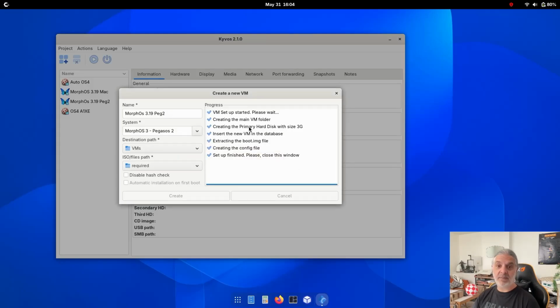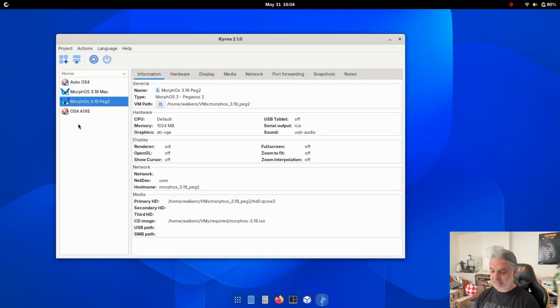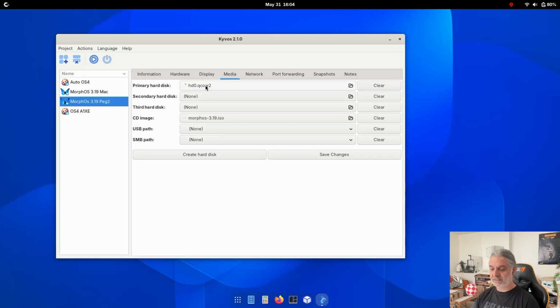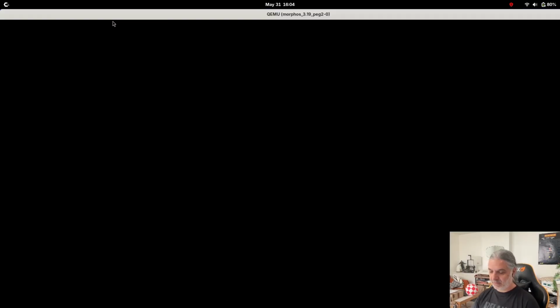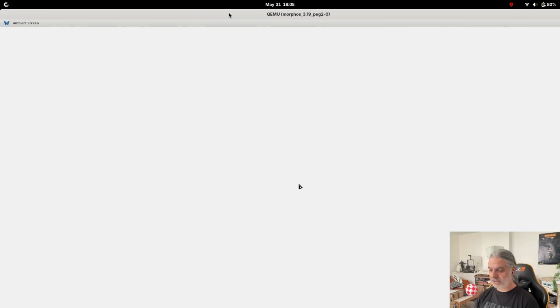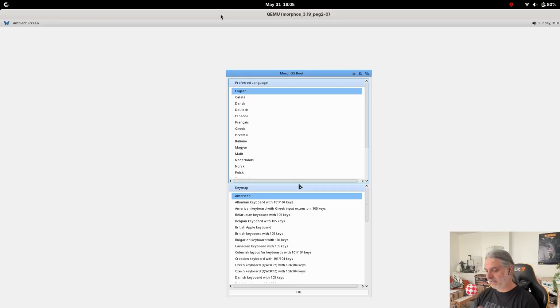The virtual machine is already created. It created the image for the hard disk and all the necessary files. So I'm going to select it. As you can see in the media, we have already connected the primary hard disk image and also the CD image. So I'm going to start it and wait for MorphOS to boot. Usually the initial screens in MorphOS are really big, so later, after the installation, we are going to set the resolution that we like. So it has already started,